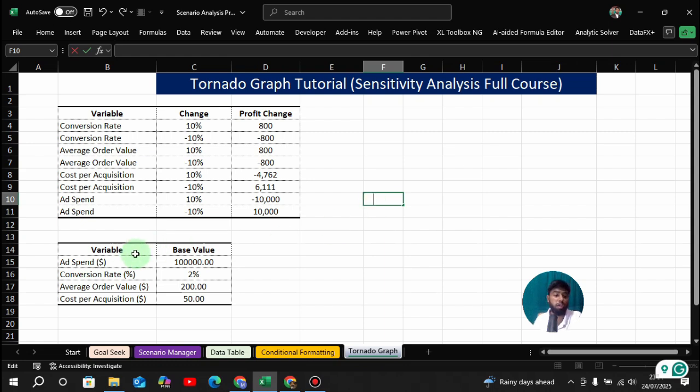So here we have a data set of a particular product for its marketing campaign with these variables: ad spend, conversion rate, average order value, and cost per acquisition, and these are the corresponding values. And we want to see if these variables are fluctuated by plus minus 10%, how our net profit is affected. So these are the net profits which are already calculated here, and we will be using these values to create